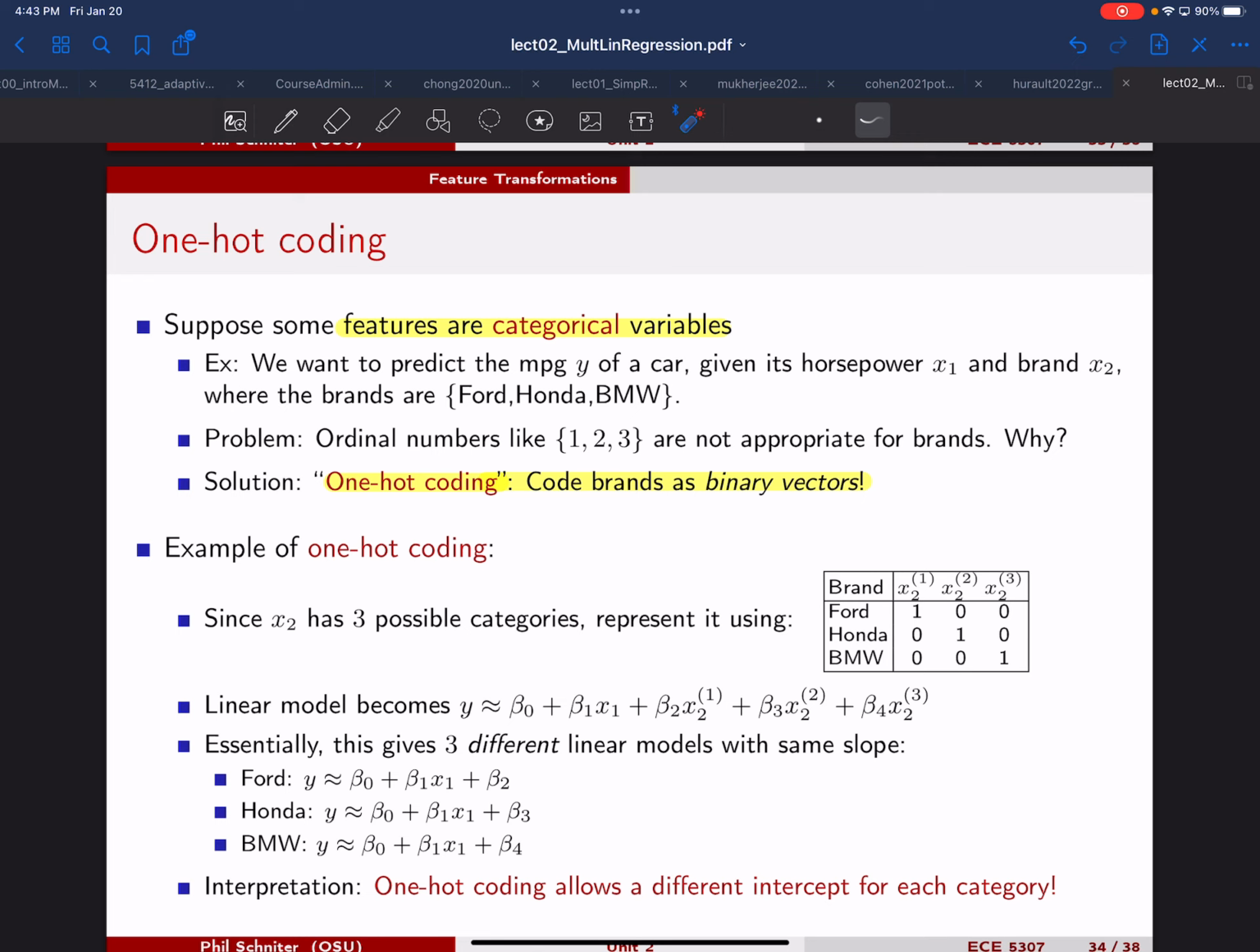Why not just isolate each Ford, Honda, BMW, and then get beta 0, beta 1 for each? Yeah, that is certainly an option. So we could basically use a separate beta 0 and beta 1 for all those samples. So you could say that